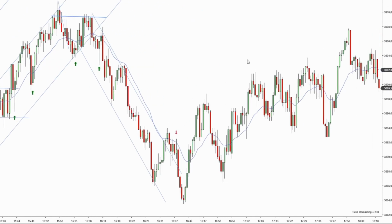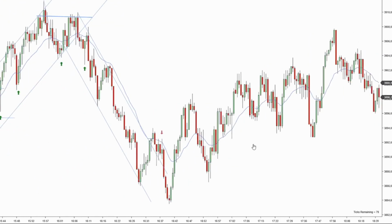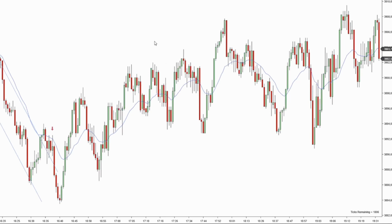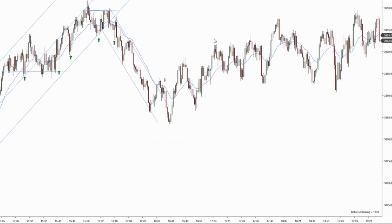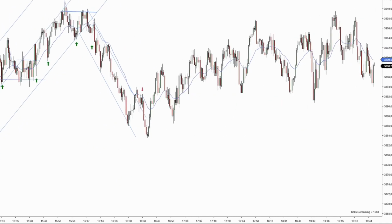And then we went into this mess, which I really recommend staying away from, because God knows what can happen here, and a lot of people will get chopped into pieces right here. Of course, there is a trend line that I was eyeballing at the time, but